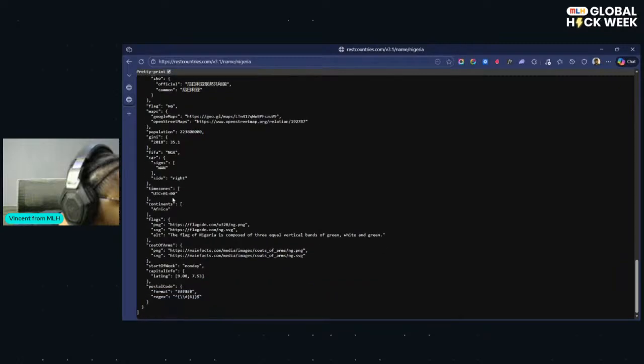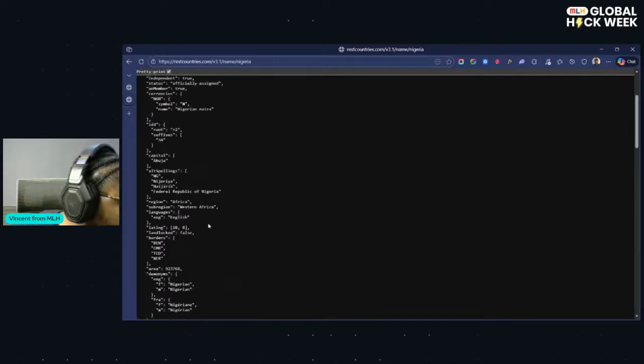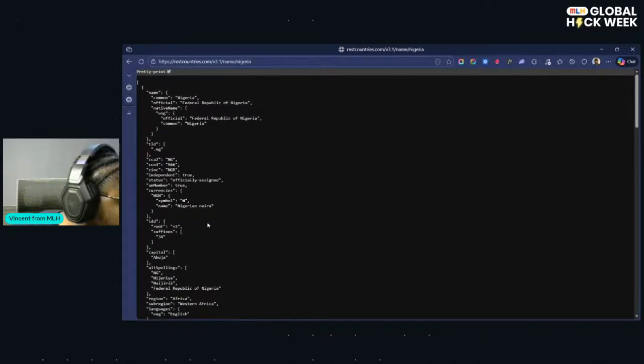Okay, not bad. Time zone, the continent, the flag. The flag also gives me the official flag image, coat of arms image, start of the week, and so forth. Country code. Okay, this is cool. So we can actually build with this. Maybe not that robust for tourists, but I think we can work with that.